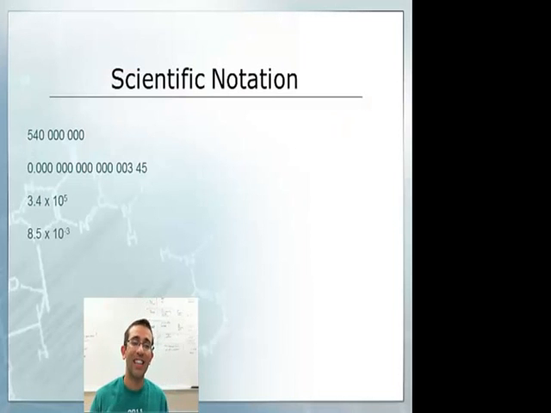Next thing we're going to look at is scientific notation. Some of you probably did this before, so if this is a review, fantastic. If you never understood this or never got it, it's okay, we'll get through it. Scientific notation is a way of writing really big numbers or really small numbers in a way that is